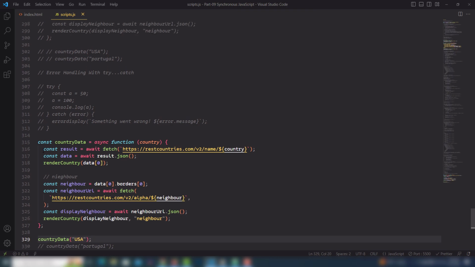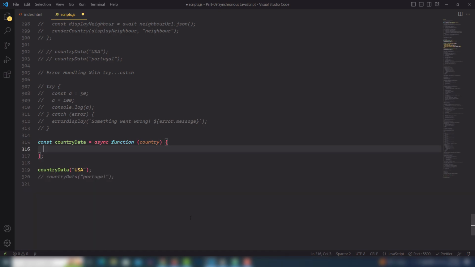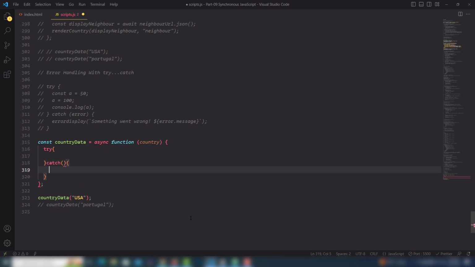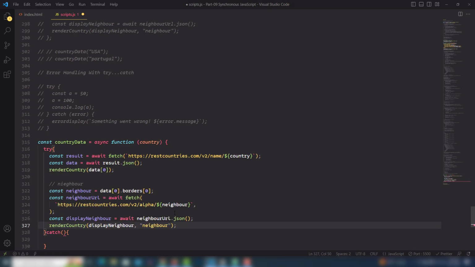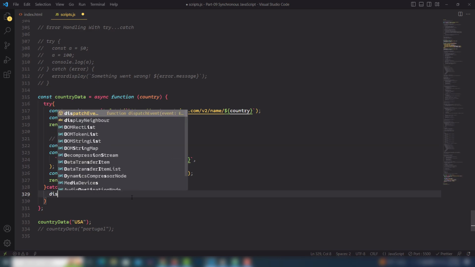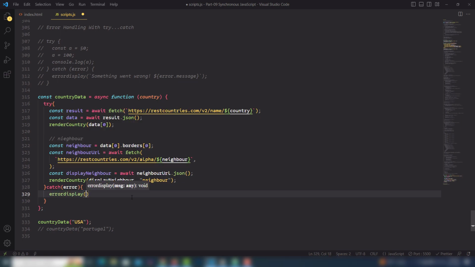So yeah, I need to cut this one block, and I'm going to use try, and after that I need to use catch parentheses. Inside the try block I need to paste this one code. In the catch block I need to make an object by passing the parameter, and I'm calling the display error function that will help us to display the error. Something went wrong,